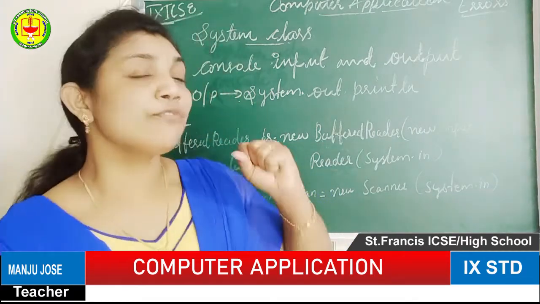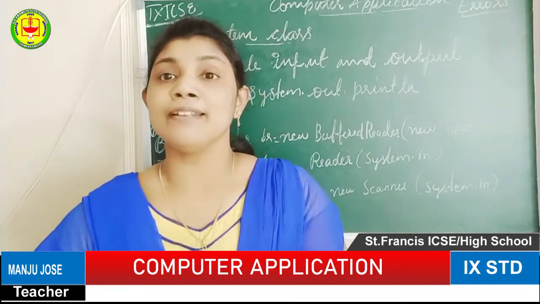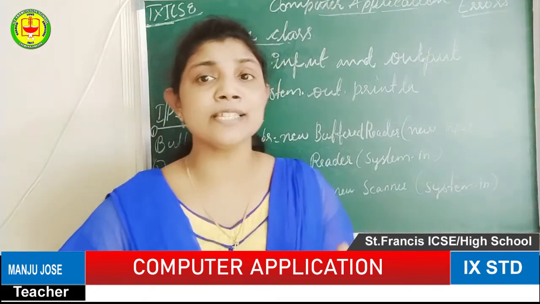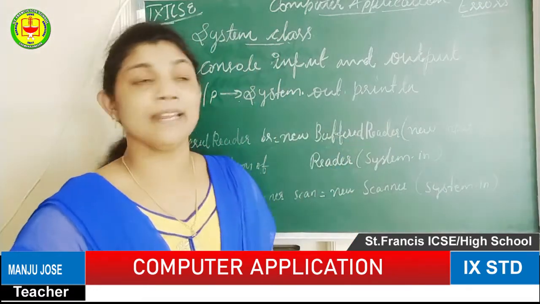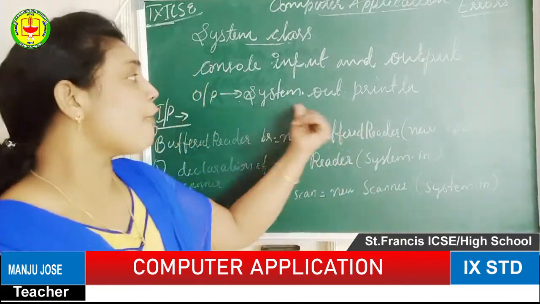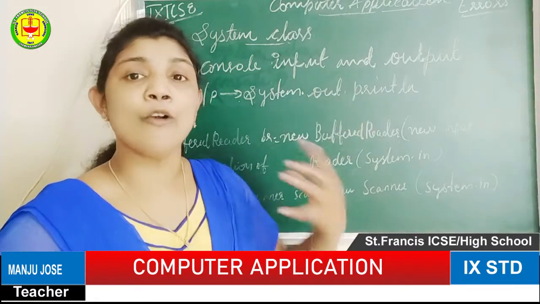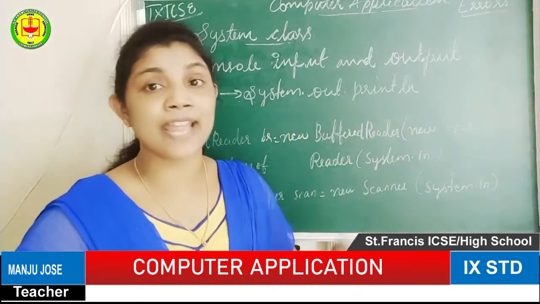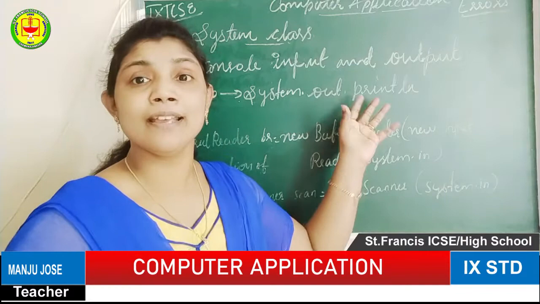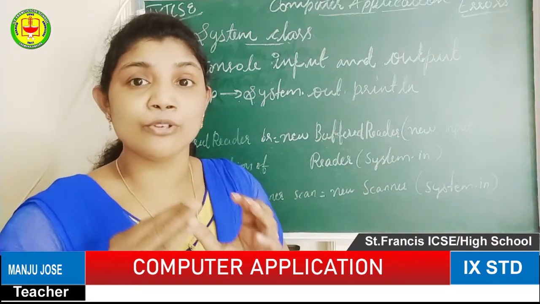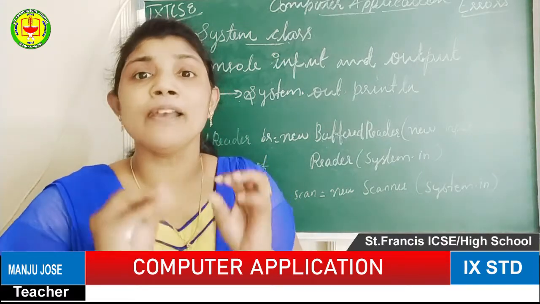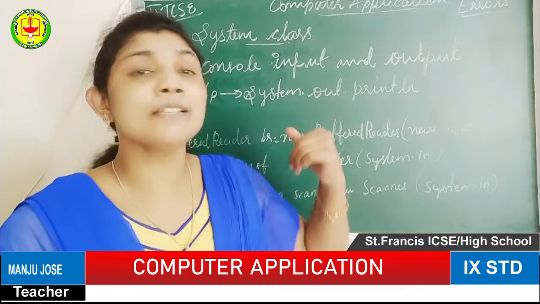So the first command we are going to explain is the output command we use in the Java program. Of course we know that it is System.out.println. The name of the command itself gives the meaning. Out represents getting output. Println means print line. By using this combo, out.println, we print the output or display it. Print means whatever we type or enter should be printed on the output screen. That is the meaning of System.out.println.